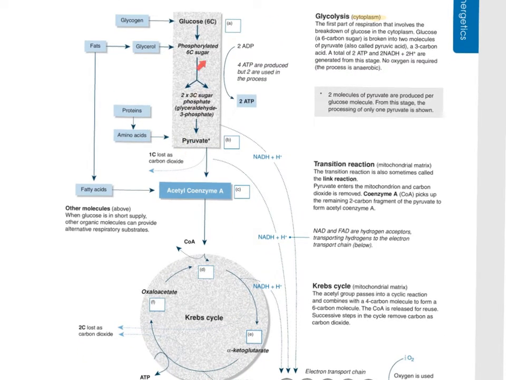The other thing you need to know from a chart like this is that glycolysis produces pyruvate. Pyruvate's an important molecule. You should know that word. So make sure you know what pyruvate is. And of course, pyruvate is lost almost immediately after it's made, because what does it turn into? When it goes into the mitochondria, it turns into what? Carbon dioxide. And what do you do with that carbon dioxide?